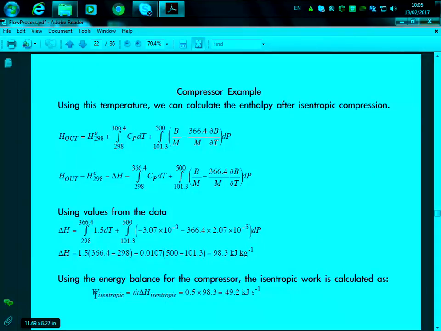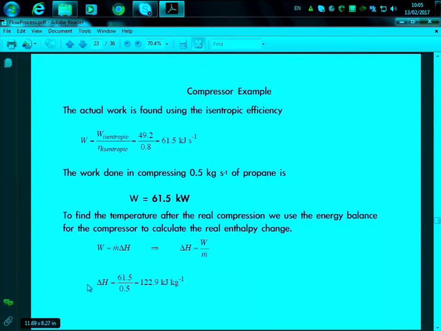So after that, we move on from isentropic conditions to the real conditions. In order to modify these, we use the isentropic efficiency of the system. We divide the work that we obtained by the efficiency, and then we get the real work. If you see, the real work will be much higher than the work calculated. So we get 61.5 kilowatts that we need in order to compress this amount